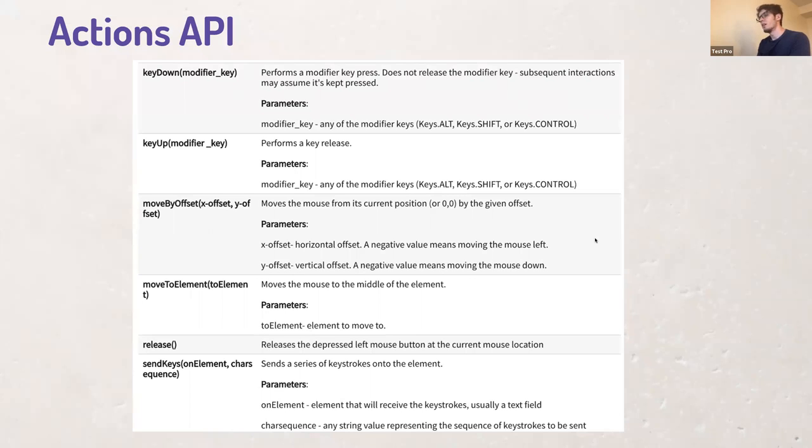So this is move by offset. In this case, you are moving your mouse to some of the elements. In the first implementation, you specify the coordinates on the page where you want to move your mouse. In the second one, move to element, you can actually find the element first, and instead of passing coordinates, you can just pass the element locator and move your mouse right there. So why do you need it? Sometimes there are certain cases in a web application where you will need to move your mouse to have